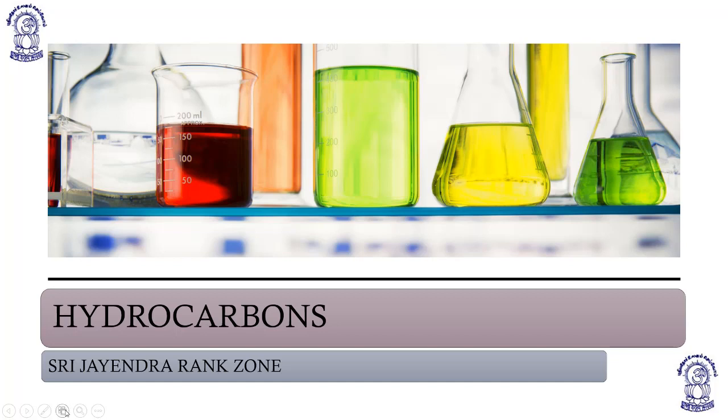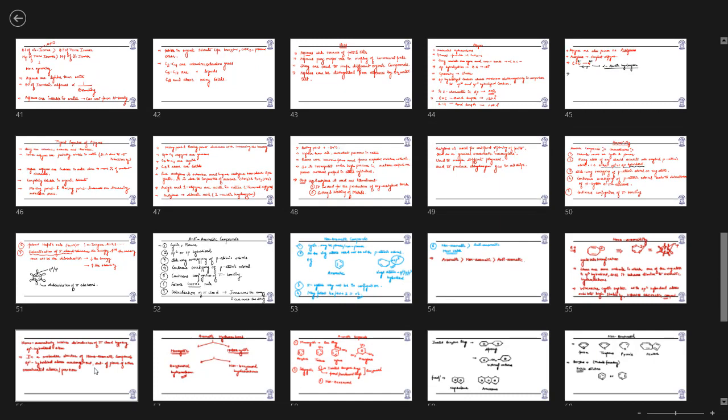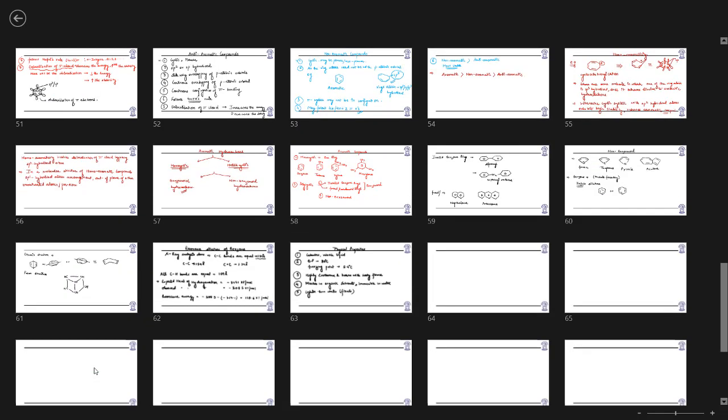My dear students, as you know, we have started hydrocarbons in the previous terms, and we completed the physical properties. Today I'm going to start with the uses of benzene and some miscellaneous topics, which include some specific polycyclic compounds, and most importantly, the third allotrope of carbon, that is Buckminster fullerenes. So, starting with the uses of benzene,